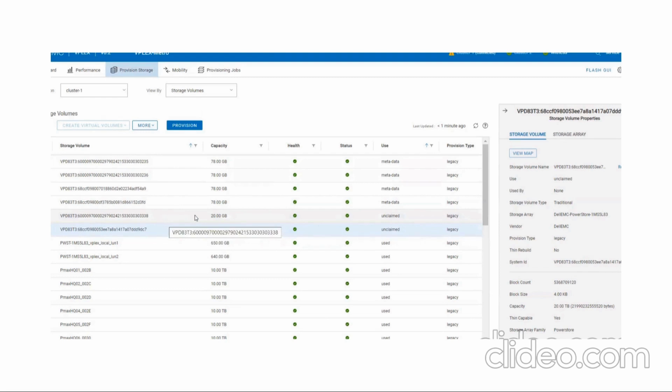Forget about the other one. What we just provisioned now is 20 terabytes. Can you see it? Hello, can you see it? Yes, I can see. Okay. So now I go to more. I've highlighted it now. First of all, I go to more. I will click on claim all supporting array. Then